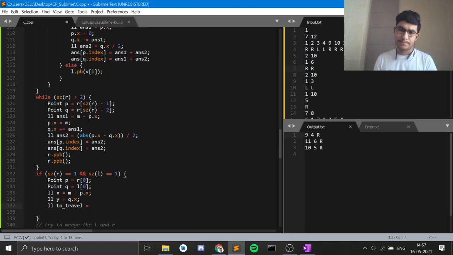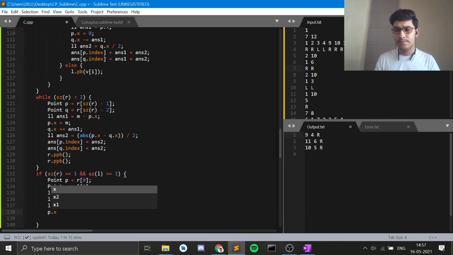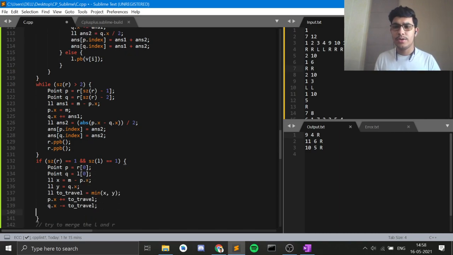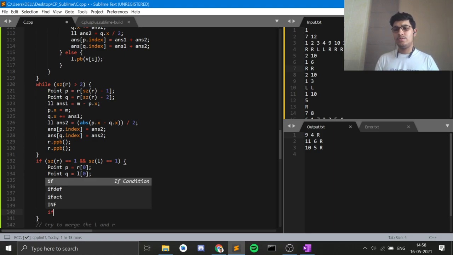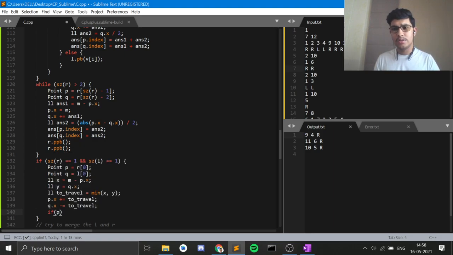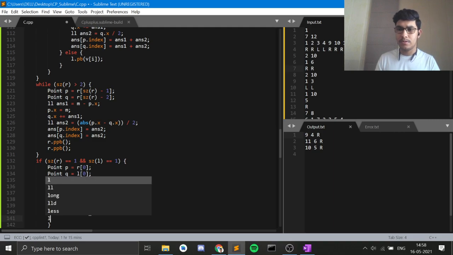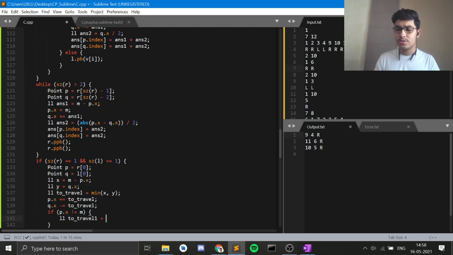To travel, how much do we have to travel? Minimum of X and Y. So we do P dot X plus equals 2 travel, and Q dot X minus equals 2 travel. So one of them would have reached the location. So if P dot X is not equal to M, then you do P dot X plus equals to, okay, travel 1 equals M minus P dot X, P dot X